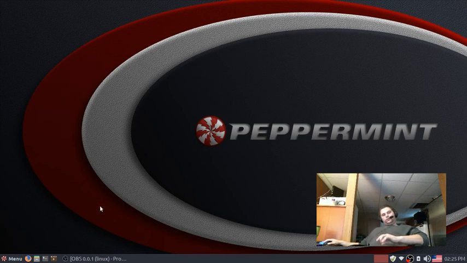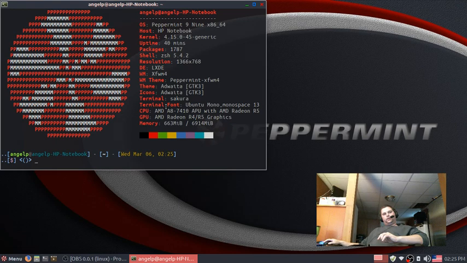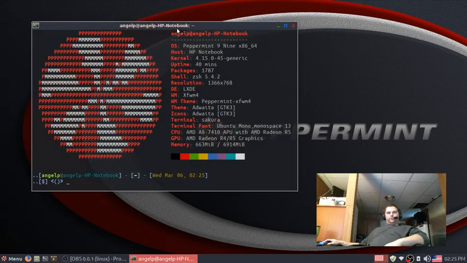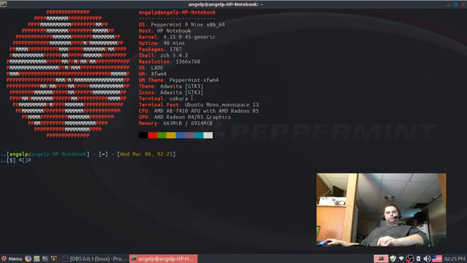So we'll take a look at what's going on here, and one of the first things I'm going to do is open up a terminal, and this is not what it's going to look like by default. I did tweak the terminal a little bit. I switched my shell to ZSH and switched the style a bit, just because this is how I like my terminal to be. This is how I have it set up in my regular Arch system, so I did get it to there. I also have it run NeoFetch at initial launch,